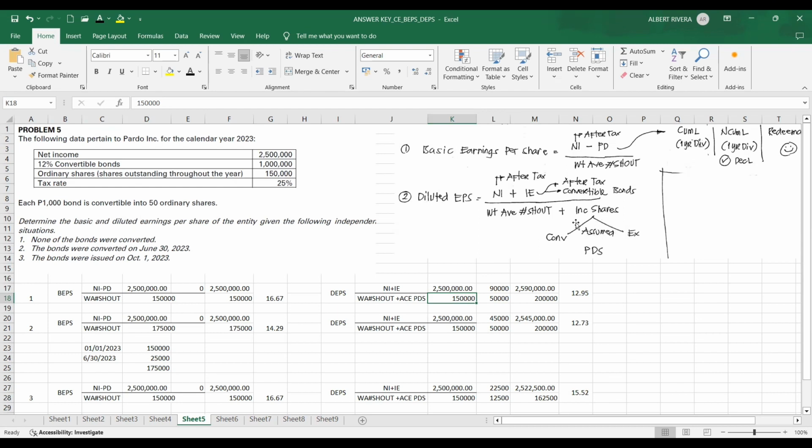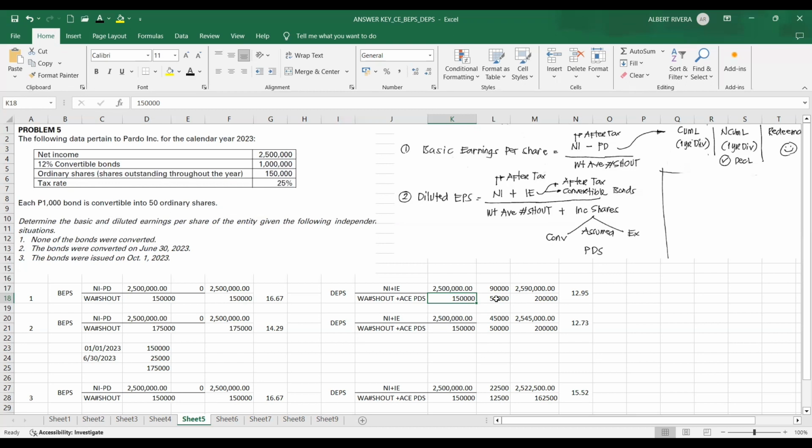Assumption that the shares were converted or exercised. And this is assumed at the time that the potentially dilutive securities were issued. Okay? So just like here, each 1,000 bond is convertible into 50 ordinary shares. It is assumed then that this conversion happened at the time that these convertible bonds were issued. Okay? And that is in January. So that is the time that it is assumed that these potentially dilutive securities were converted into 50 ordinary